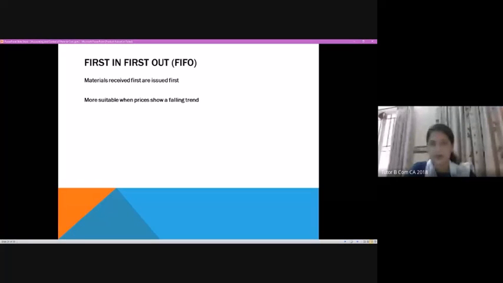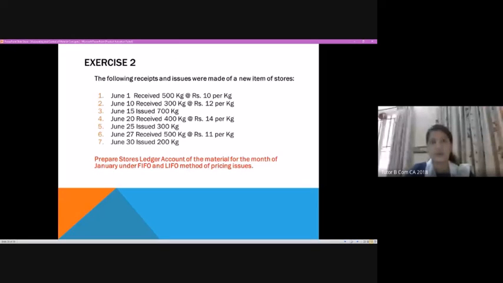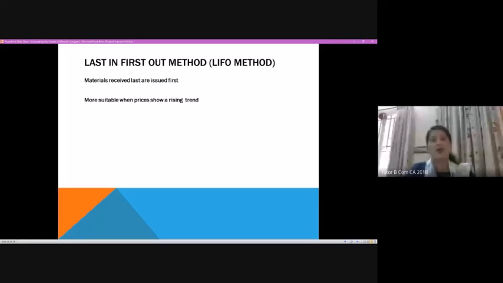Here you can see that first in, first out method. This method is more suitable when the prices show a falling trend. When it shows a falling trend. But when it comes to the LIFO method, it is very suitable when the prices show a rising